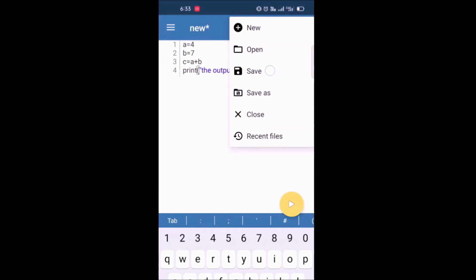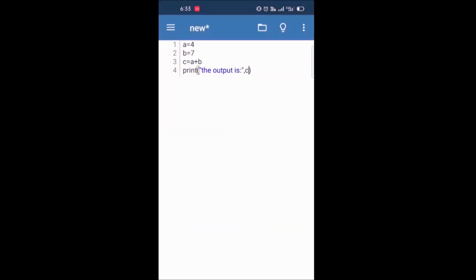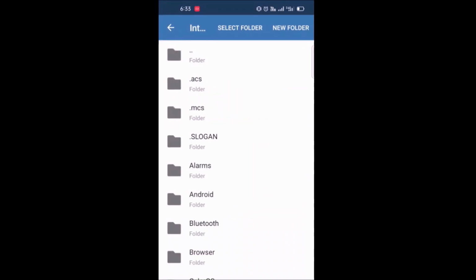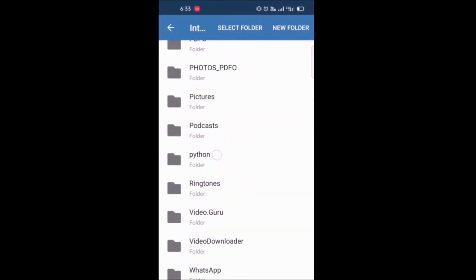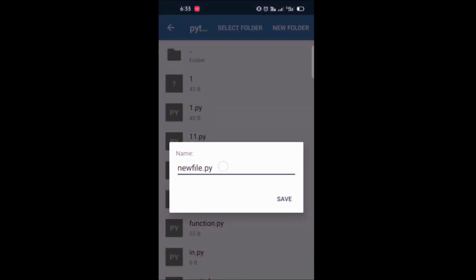Now click on save. Allow access to your device, then go to internal storage. I have created one folder named Python, so I am selecting that Python folder. Now you can save that file. Select the folder and give a name for that file.